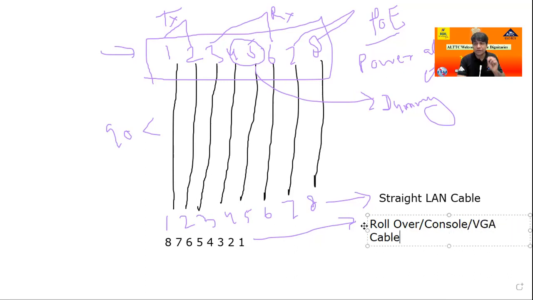Okay. Do you know where the VGA cable is used? Do you know VGA video? No, sir. In your computer, from CPU to monitor, which type of cable is used? I don't have any idea, sir. Do you know about a desktop computer? Yes? On a desktop computer, your monitor is connected to the CPU by one cable. This cable is the VGA cable.